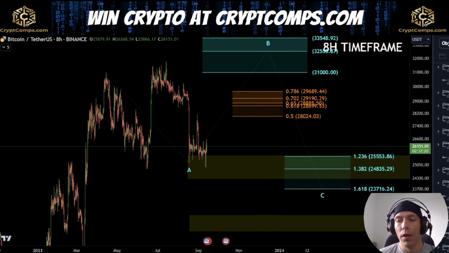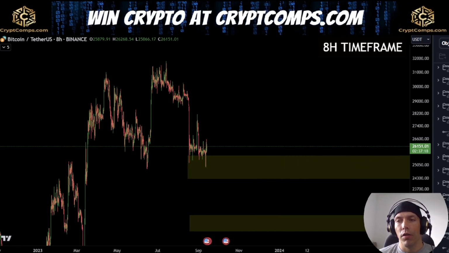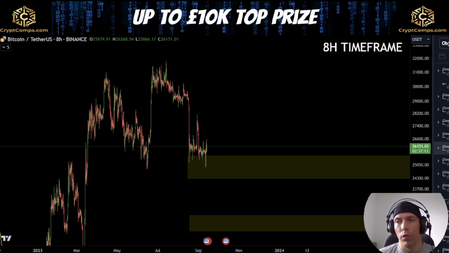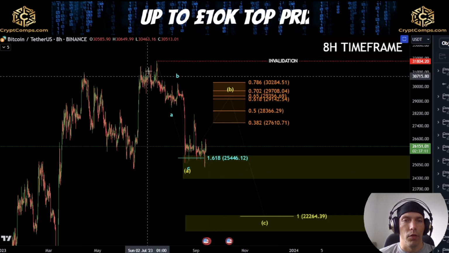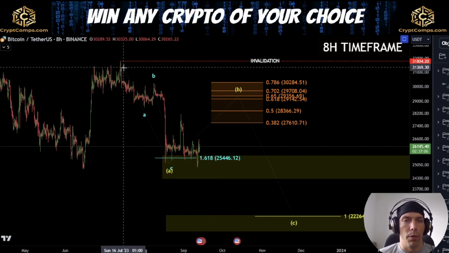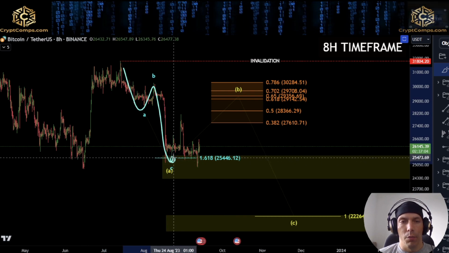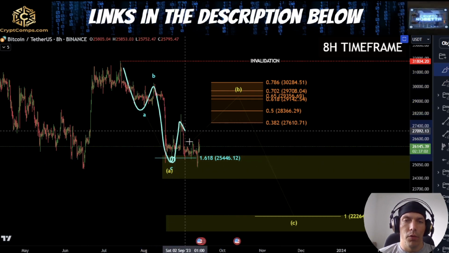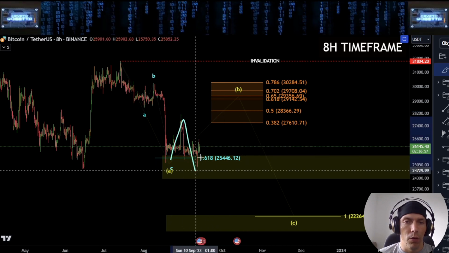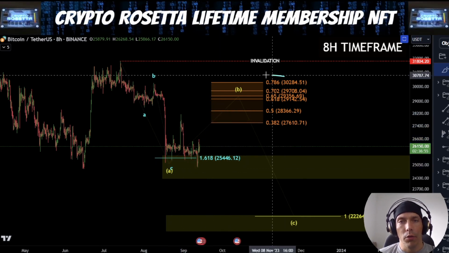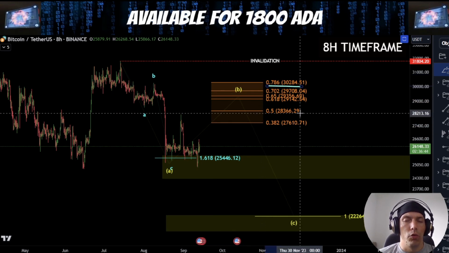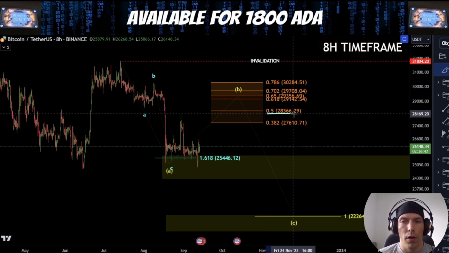We also need to be careful though, because the more bearish idea here would be that effectively within this move that we've got to the downside here, that we could actually be looking at this as a bigger A, B and C pattern. Once again, the same idea would apply here. We'd be looking at this potential as a low, and we'd be looking for something like this as a three-wave move to the upside. Once again, with this idea, I'd be on the lookout for something like a flat, where we could see a push back up into this 786, which would be this 30,284 to this zone here of this